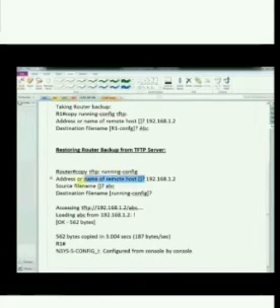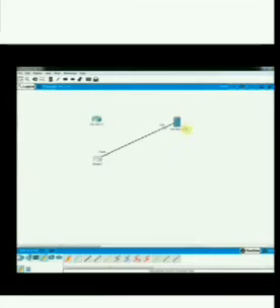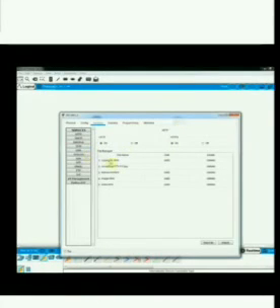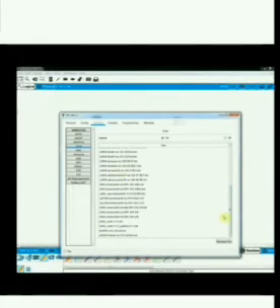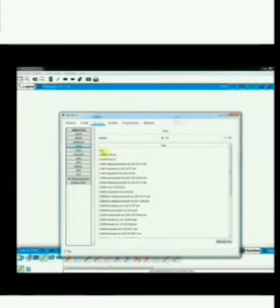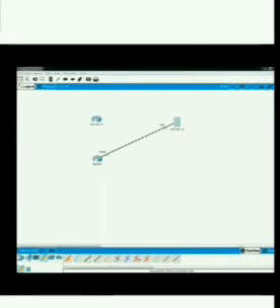Here we see the version. We did not change anything on the router, and in our topology we have R1. I am checking the router, pressing enter, and we will see the configuration. Here we do not have any password or router name. So what can I do to bring the configuration from the server to the router?